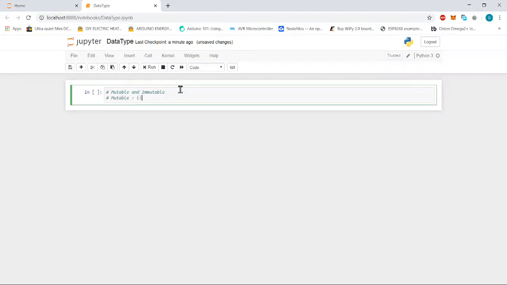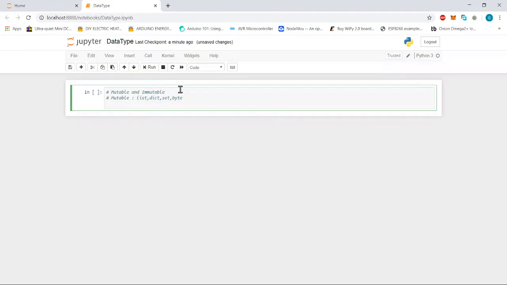So let me write some mutable data types. Mutable data types are list, dictionary, set, then byte array. So these are examples of mutable data types. Then immutable data types.